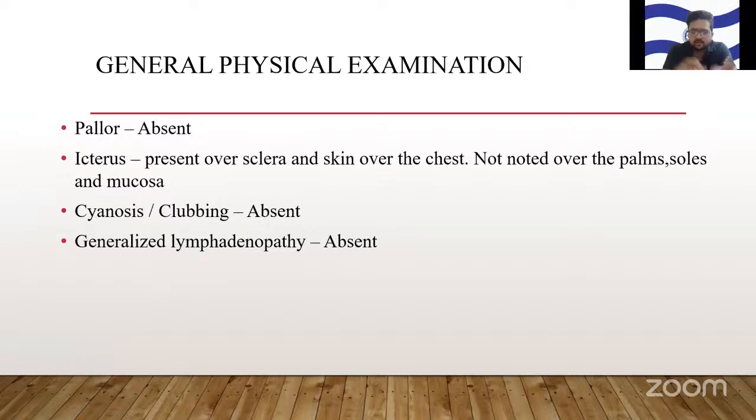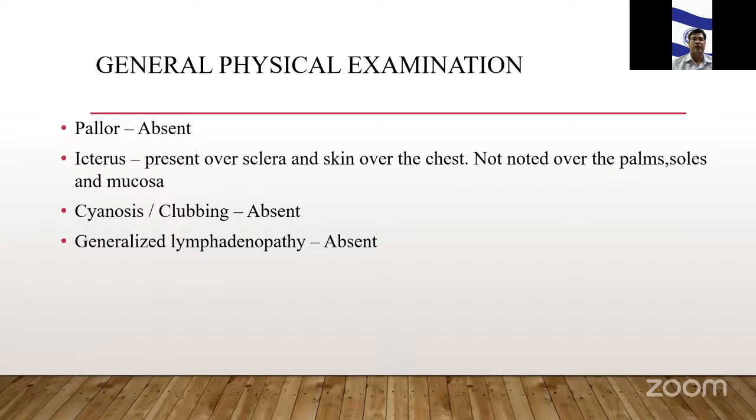Okay. When a patient walks into your clinic, how do you examine for icterus in that patient? Icterus has to be ideally examined under natural light. So we have to place the patient next to the window, and under natural light, we have to examine for the presence of jaundice. Yeah, that's good. Actually, we should not do it under artificial light.